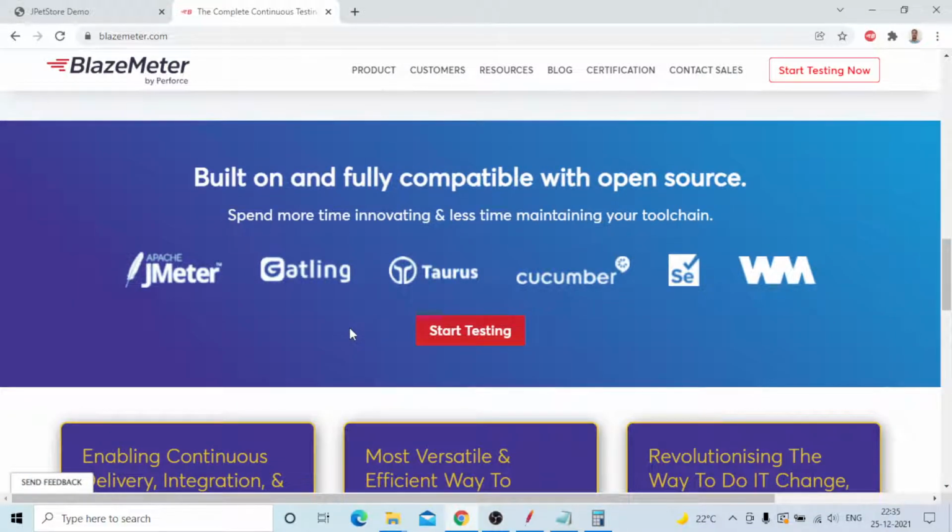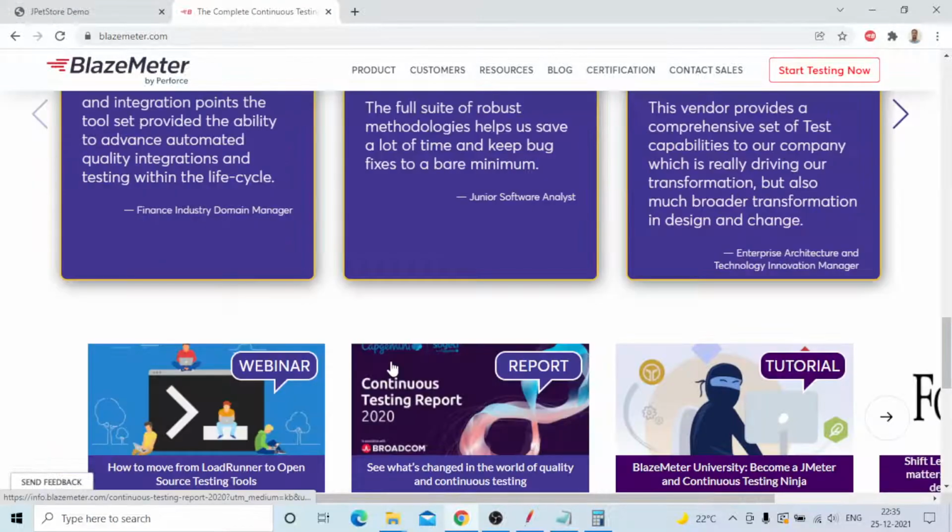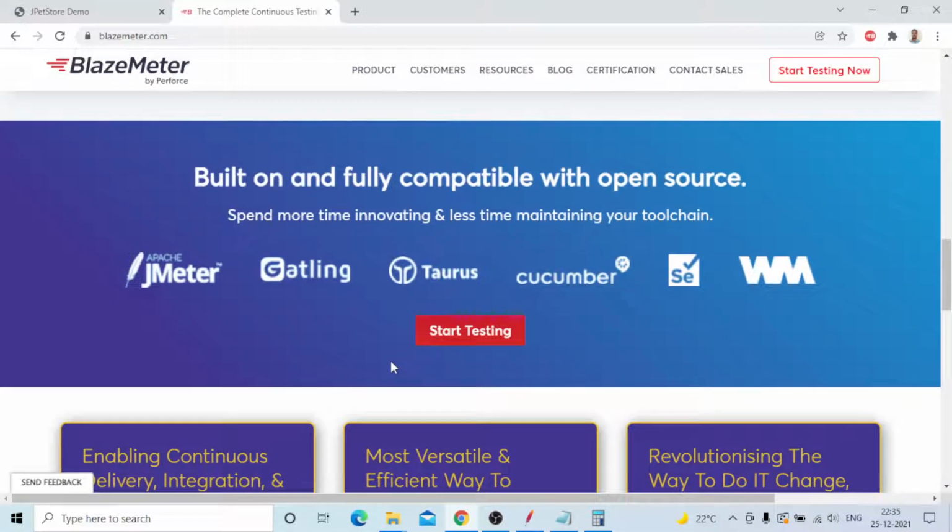You can see the companies mentioned. Apache JMeter and Gatling are both open source. Taurus is open source automation. Cucumber is also automation, and Selenium automation. Okay, for people who are performance testers, please learn Selenium WebDriver with Java and TestNG. That is also important in the performance team. Nowadays companies ask based on your experience, and they ask the teams.